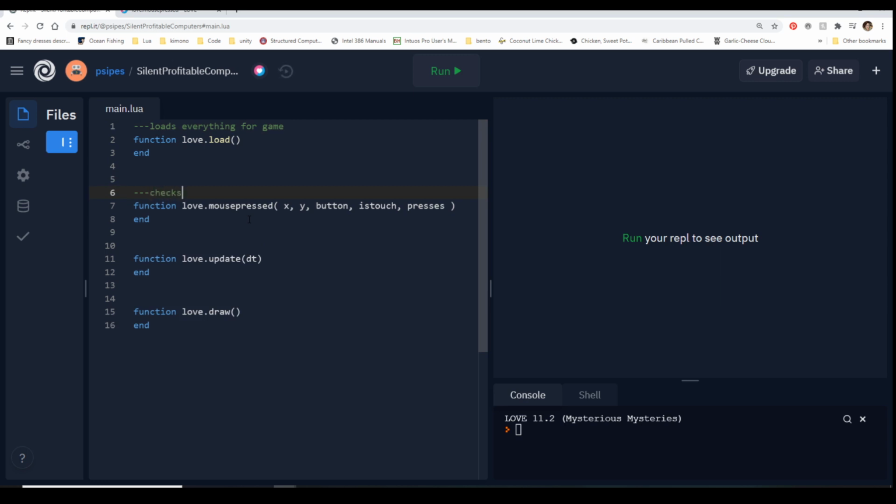I tend to do 3 or 4. Checks mouse presses. Updates game behind the scenes. And then draws all visuals. And those are just little notes for yourself.